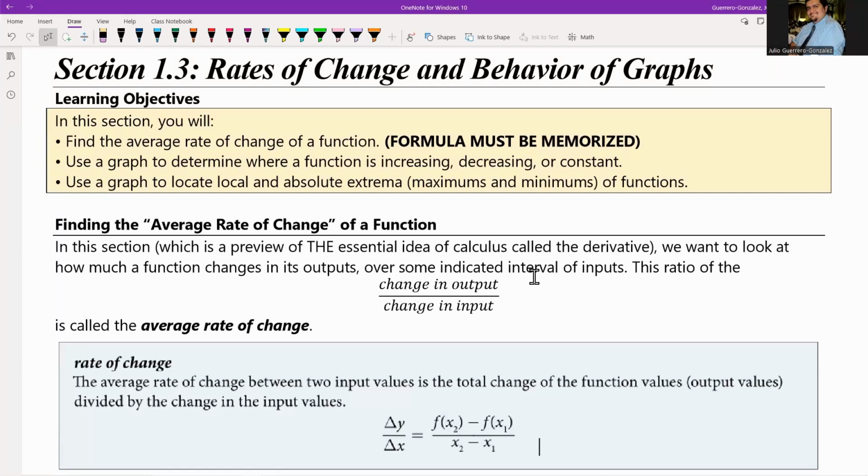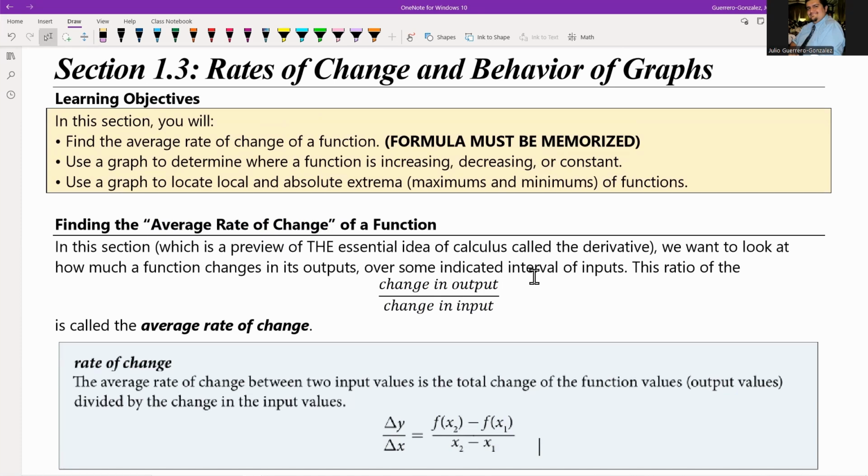Hello, everyone. This is the lecture for section 1.3, rates of change and behaviors of graphs. In this section, this is going to be the first section that we're going to be covering a mathematical formula using the stuff that we've learned in the previous two sections about functions and function notation. And what we're going to be doing in this section is defining a couple things: the average rate of change